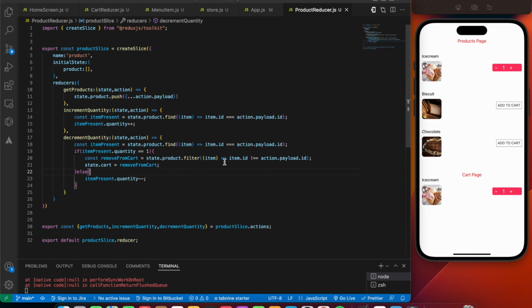Okay, so the same thing over here as well, because both of these definitions are the same. It should go into the if condition and filter out that particular item and show me the add to cart button, and this should become empty. That is, for the cart it should become empty, it should not show anything. So let's give that a try, and there you go, that's it. Okay, so I think it's working properly fine, and we have completed the execution of the complete flow of the Redux shopping cart.